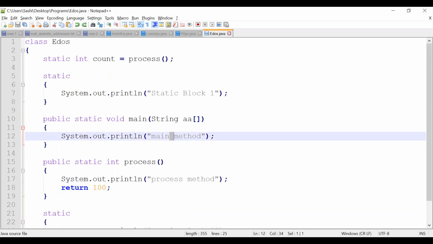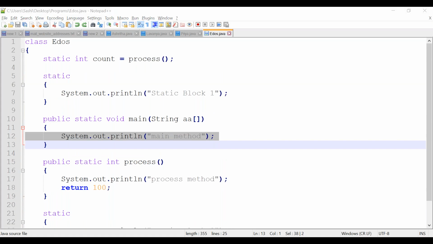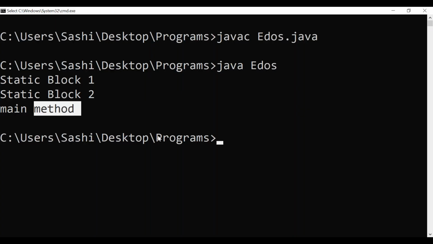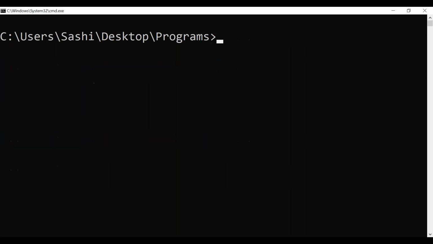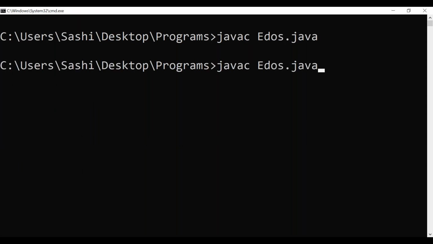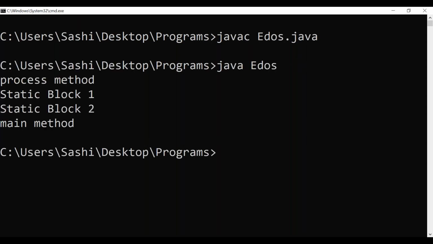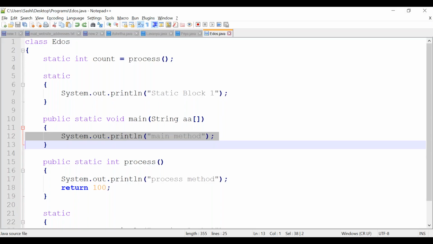Then your main method will be called. Correct. Let's recompile this class. It's very simple. We have seen this kind of program before also. Let's run this.